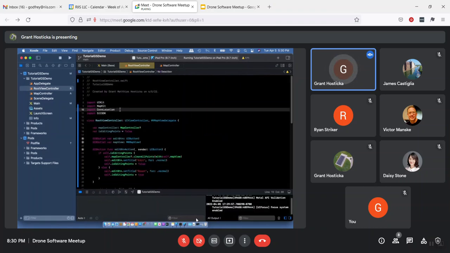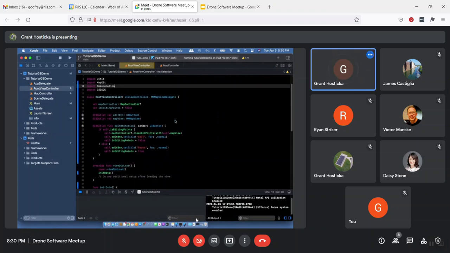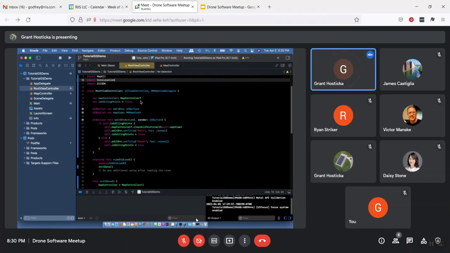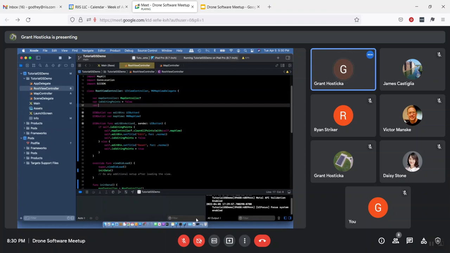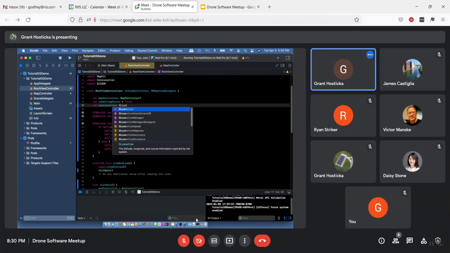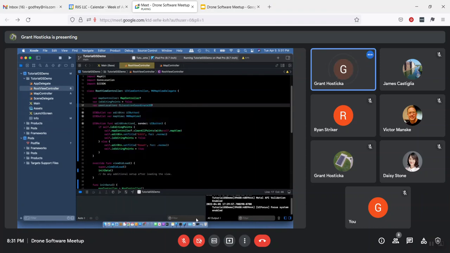So we've already imported core location up here. Let's go ahead and now create a location manager to store the user's location. So we'll say our user location is going to be a CL location coordinate,